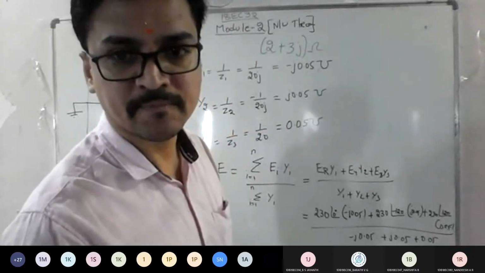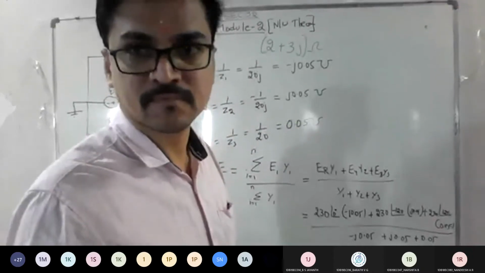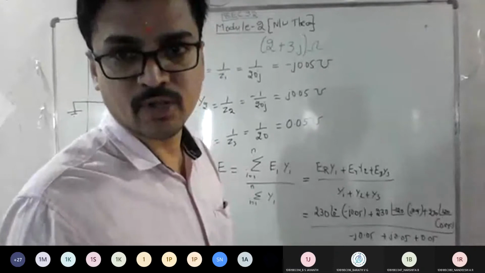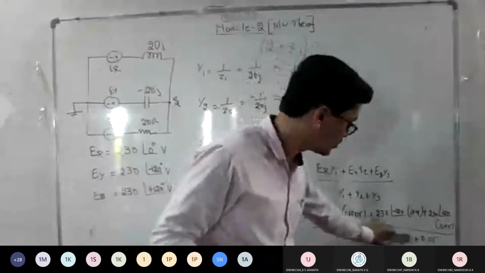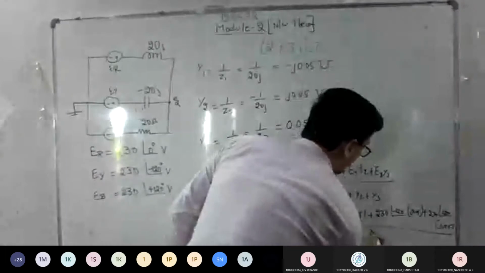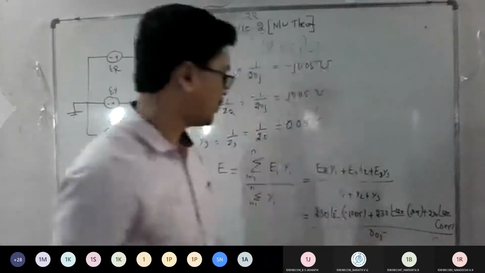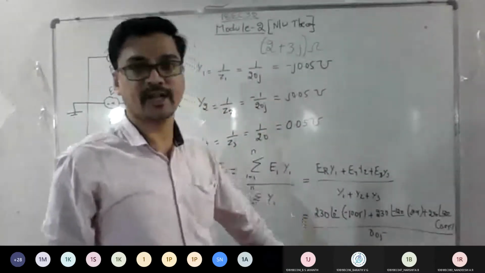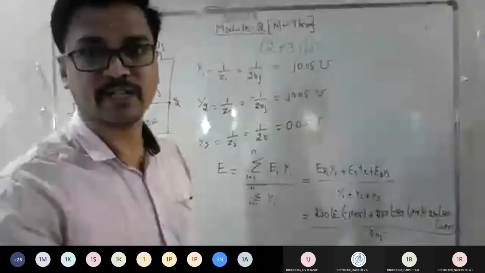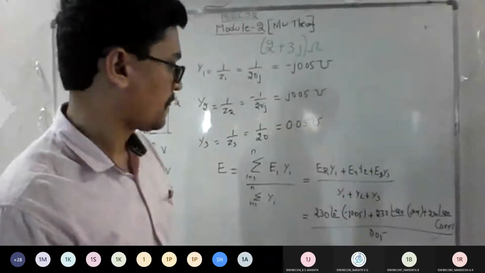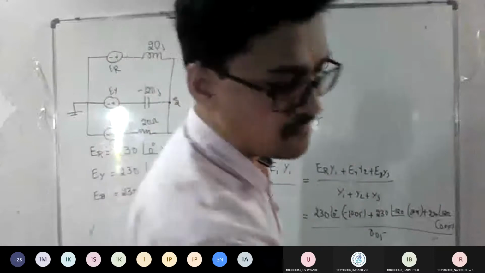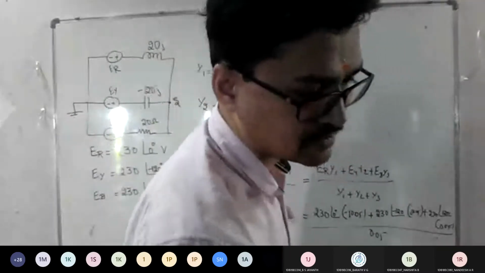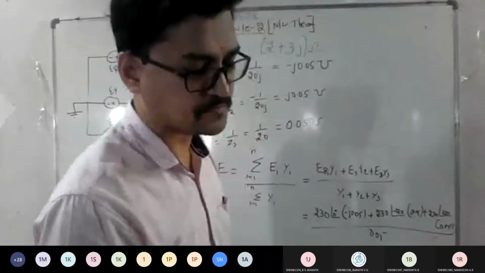Yes or no? Yes, sir. Everyone. So what will be left is your 0.05. So this goes out. So left is 0.05. So what I told, convert this polar to rectangular and tell me what is the answer you're going to get for this. What is the answer you got? Just substitute.